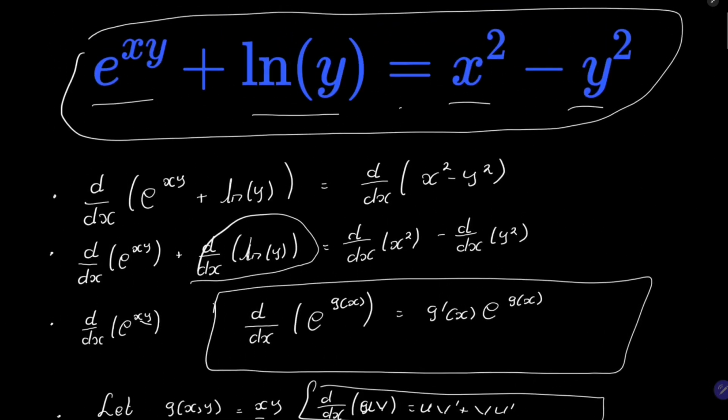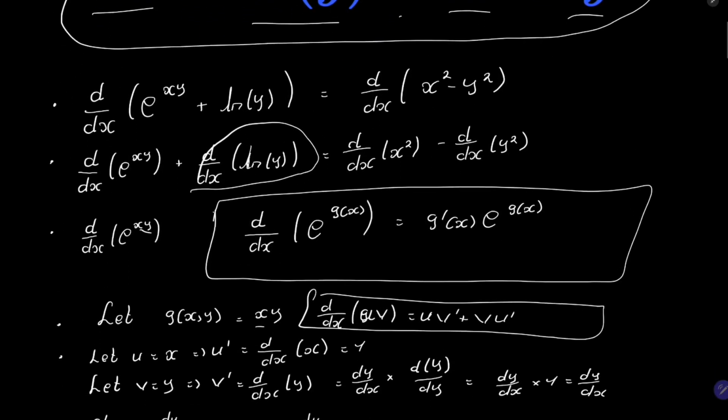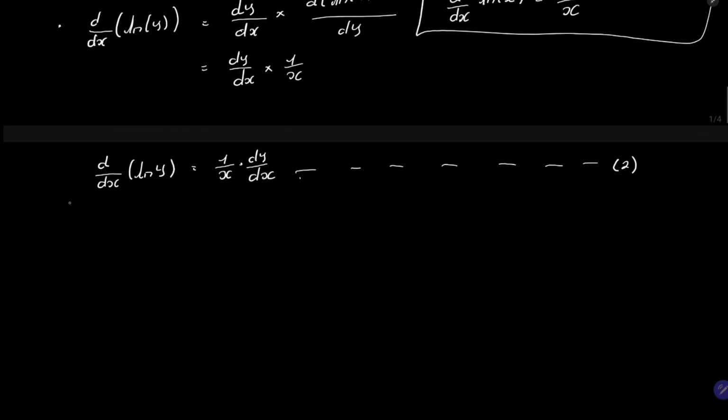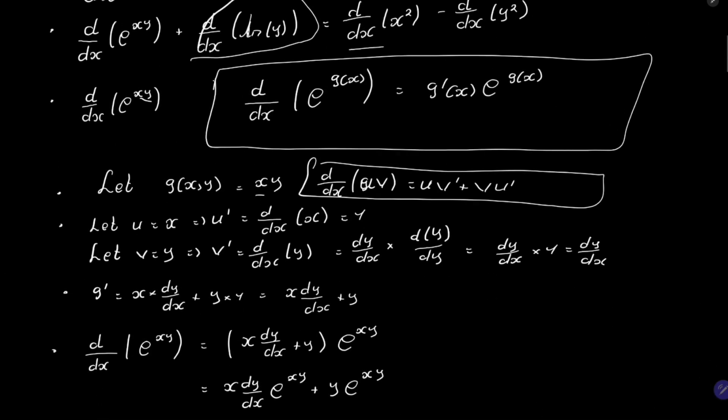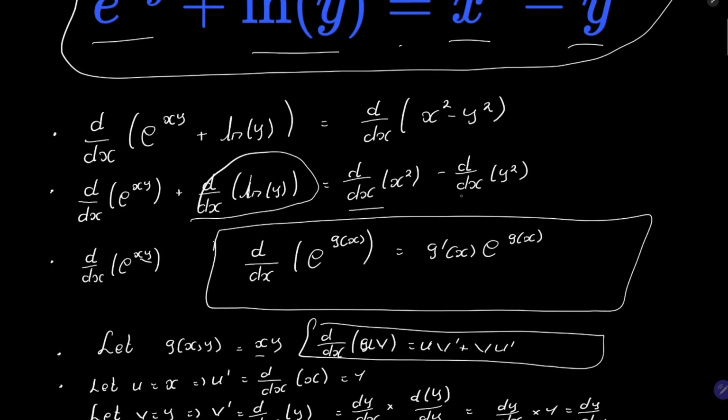So let's move on to our third equation. What does it ask us to do? Our third term, the derivative with respect to x of x squared. That one is simple since it's not in terms of y. Derivative with respect to x of x squared, applying direct power rule, gives us 2x. Our third term, let's move on to our fourth term, which tells us to differentiate with respect to x the